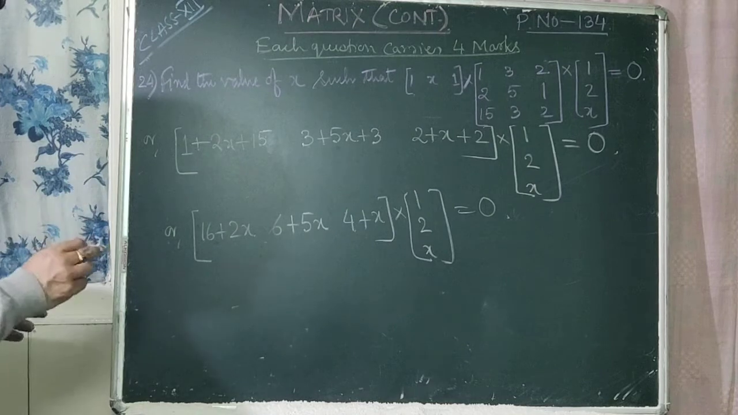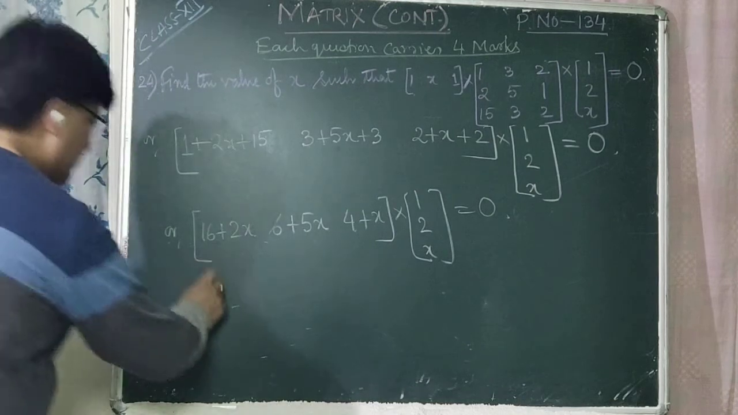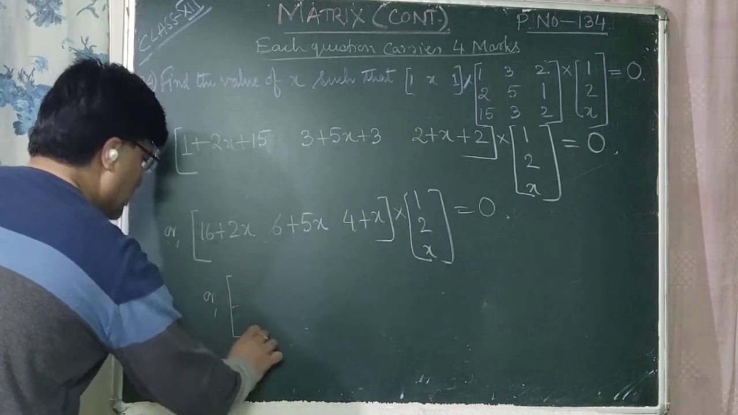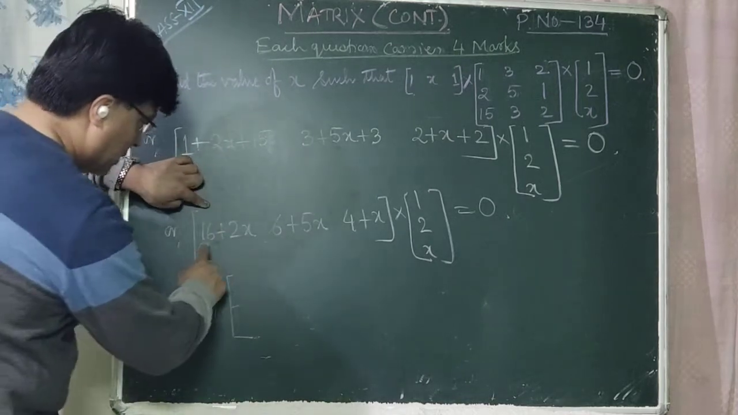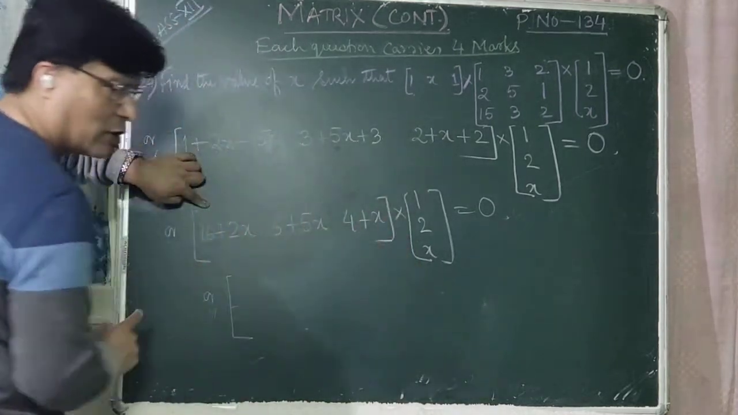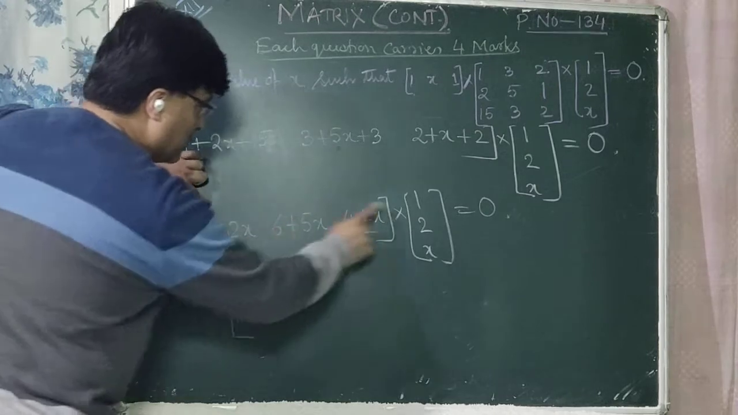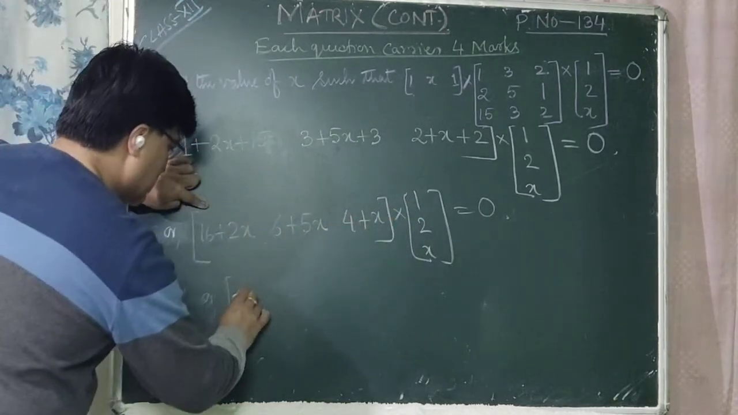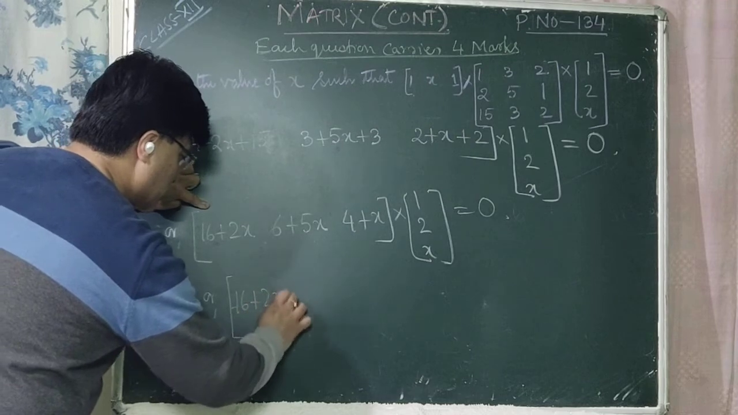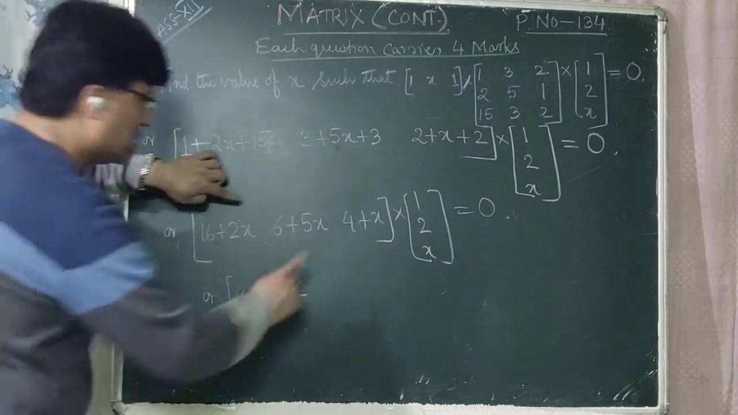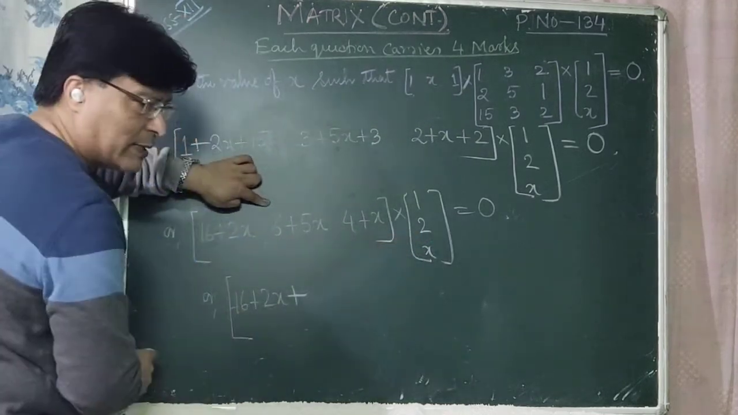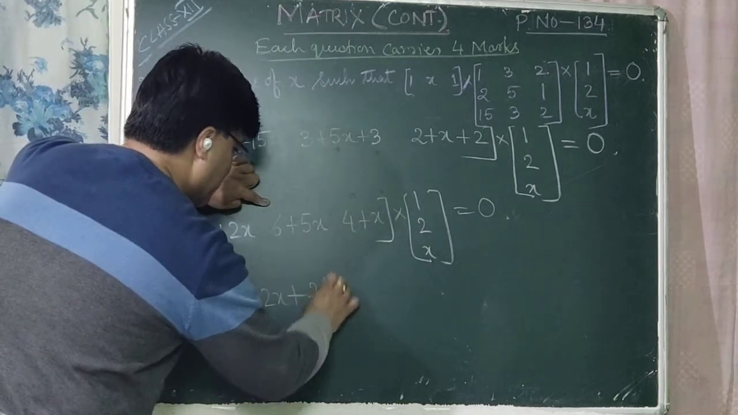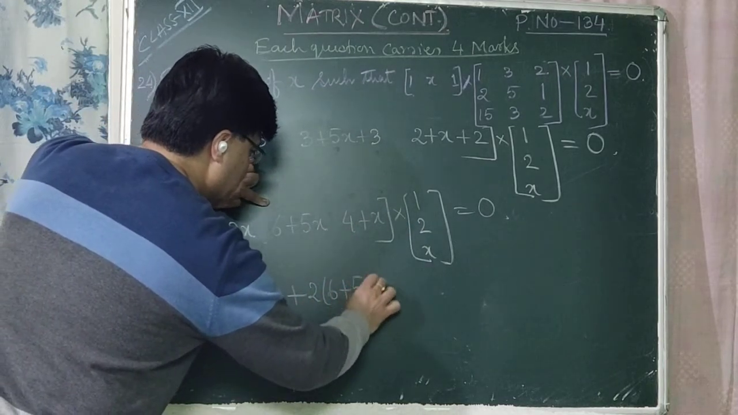You will get only one element in the new matrix. Now this first row should be multiplied by the first column only. First element should be multiplied: 16 plus 2x into 1 is 16 plus 2x, plus. Now second element should be multiplied by second element, that is 2 into 6 plus 5x